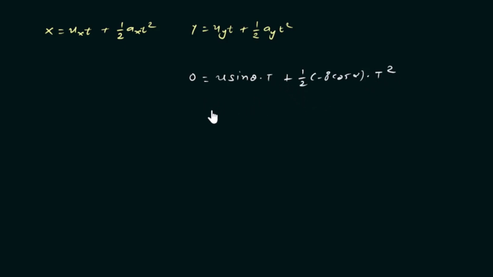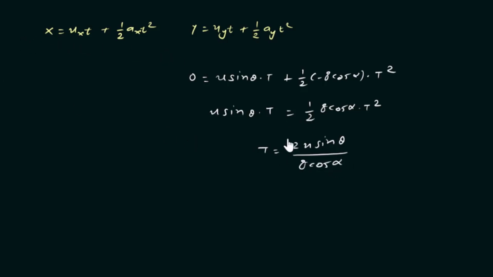So this is u sin theta into t equals half g cos alpha t square. So time is going to be 2u sin theta divided by g cos alpha, right? This is our time of flight